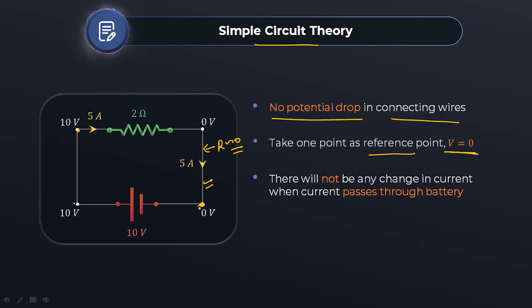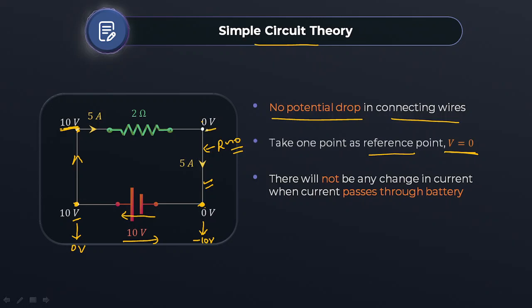So here if I put 0 volt, then if we cross the battery, the potential will be 10 volt. It is increasing from lower to higher, so here it will be 10 volt. Suppose I consider this point as 0 volt, then we are moving in this direction, so the potential should decrease by 10 volt. So this point will be how much? Minus 10 volt. Like this we can write. Now when we move from this point to this point in this direction, it is a conducting wire, so there will be no potential drop.